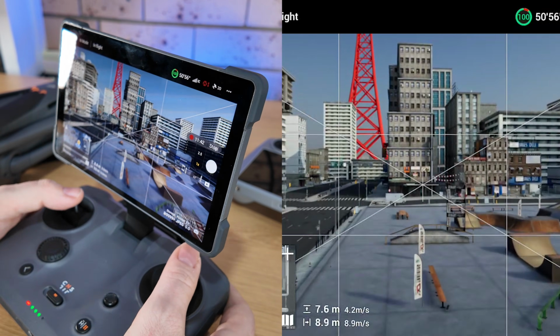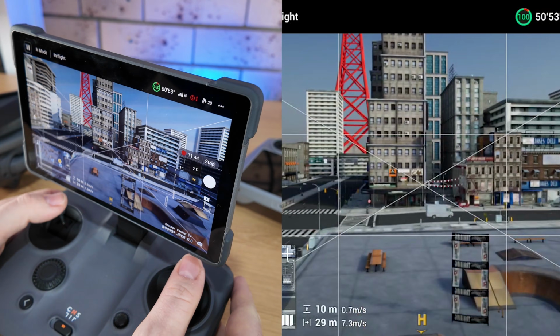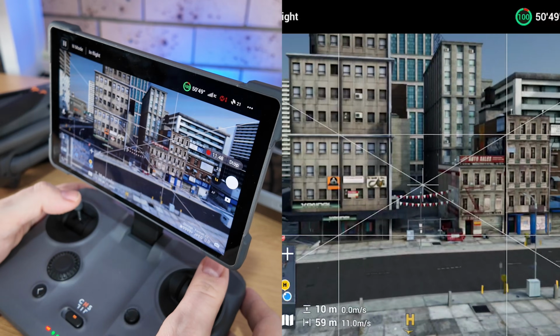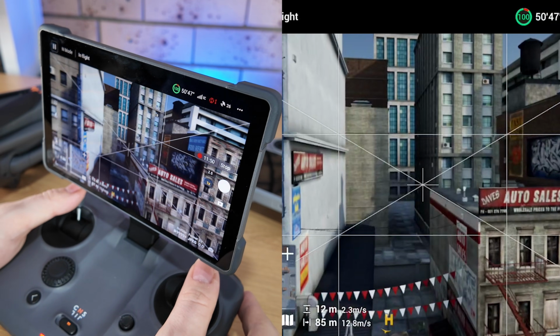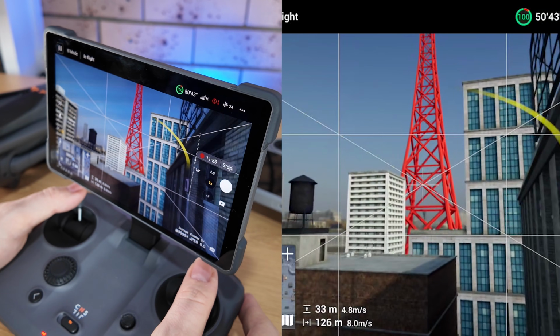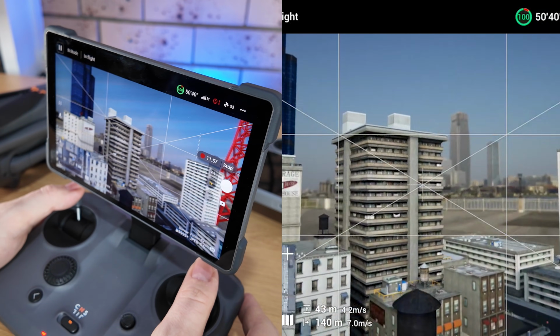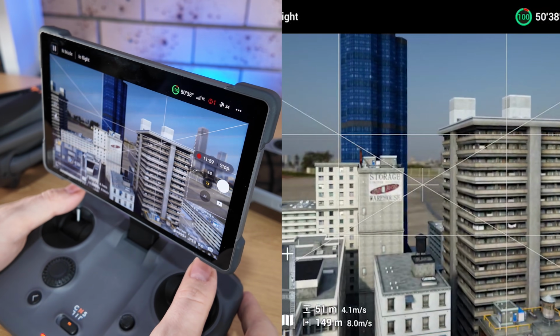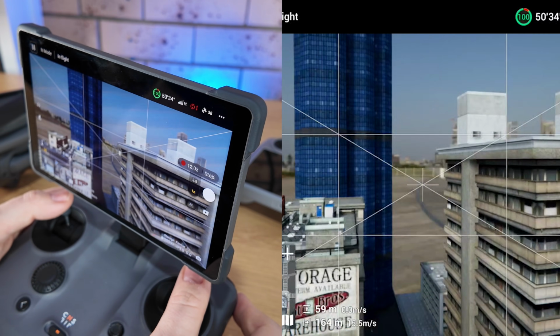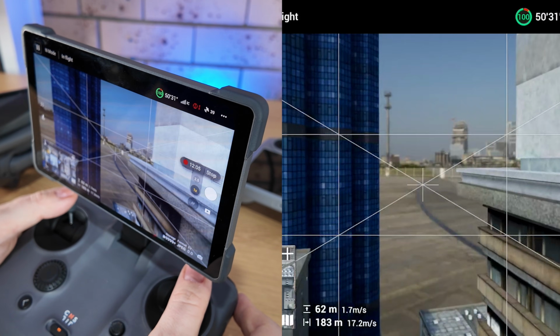You can get used to the flight experience. I'd love to see the FPV mode come in here, which I'm sure it will. We've obviously got the waypoints coming soon. There's going to be different maps, different drone models. If you can have full control as well over the camera parameters and settings, that would be phenomenal. So you could get used to lighting a scene, if you could add in the histogram, all that kind of stuff. That would make a huge difference,